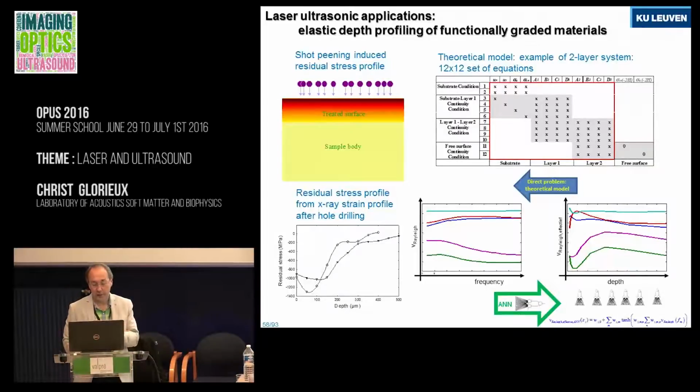Why use laser ultrasonics to do that kind of thing? Because you can also use X-rays. I have to say which sample. This was a shot peened sample, which is a sample in which they add compressive stress to make it stronger. Why? Because